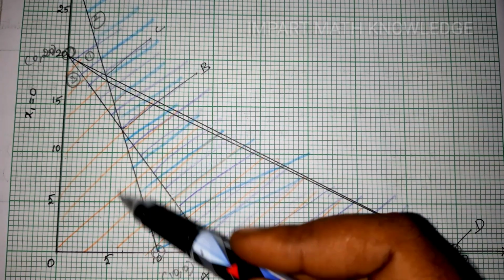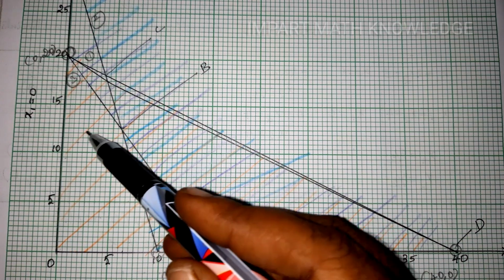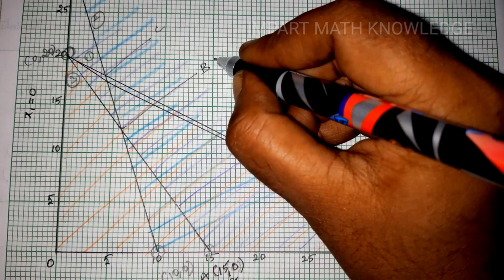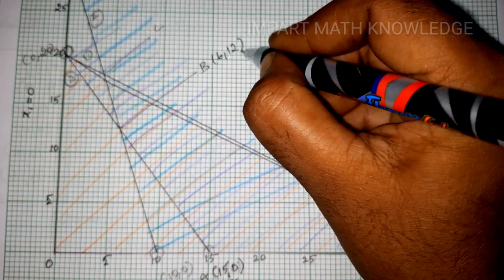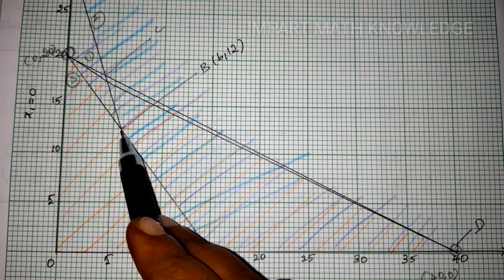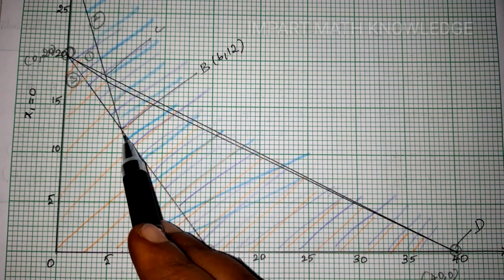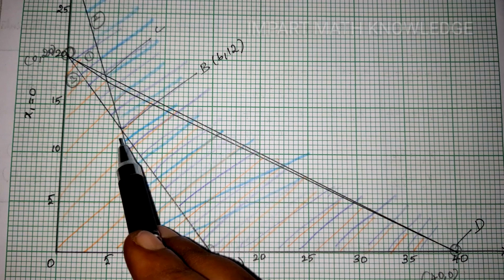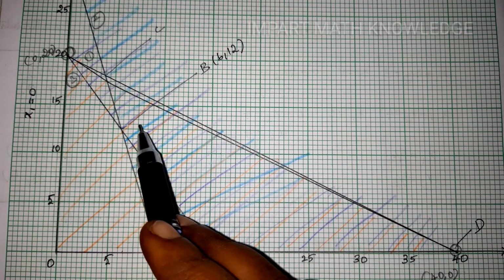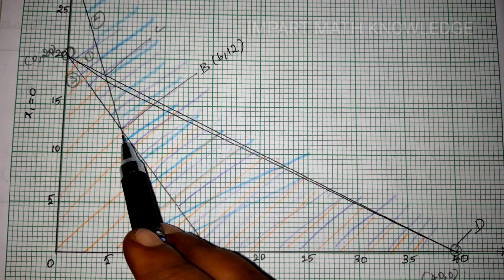This is some 6. And for the x2 axis, it touches this line. So your point is 6, 12. This you take from the graph. Okay. Since this is the point of intersection of these 2 lines, either you take it from the graph or else you have to solve these 2 equations. You will get x1 and x2 values for the corner B.